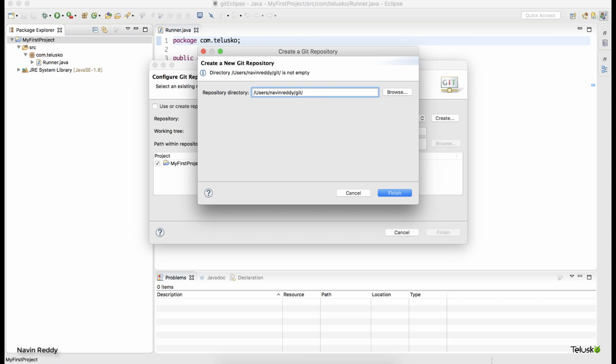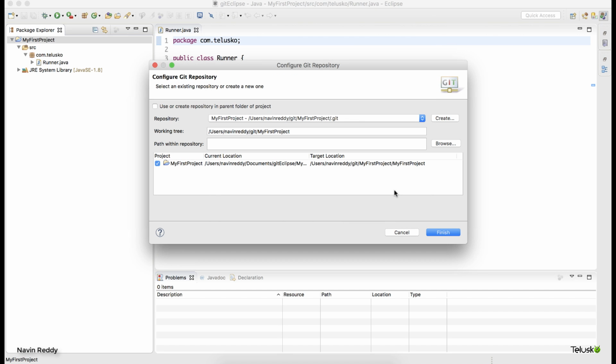Now in this, you have to create a local file. Now Git is actually a distributed version control system. Again, what is version control? We'll talk about that in one of the videos. But when you say distributed, what it means is you will have a copy on your machine as well. You'll be having a local copy and a remote copy. So let's have a local copy of it. We'll say my first project as the local folder and click on finish.